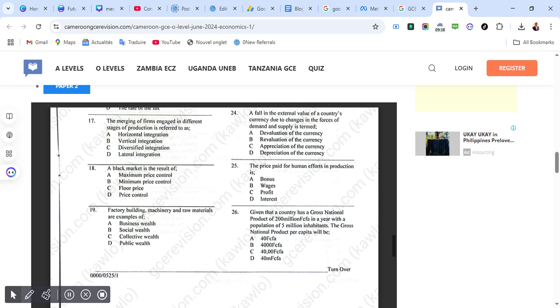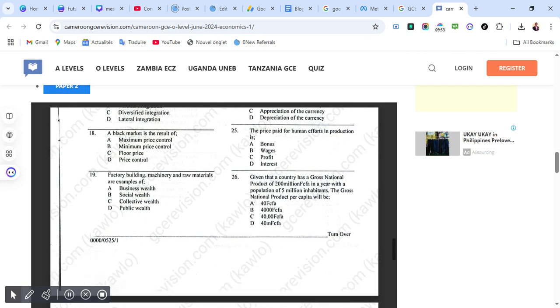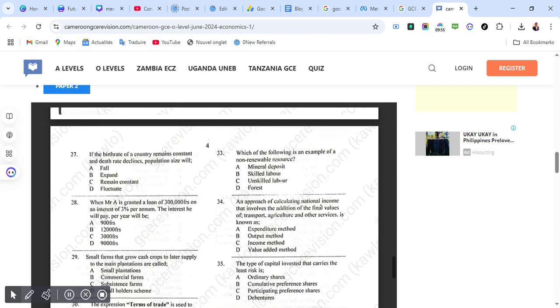Okay, given that a country has a gross national product of 200 million in a year with a population of 5 million inhabitants, the gross national product per capita will be, the correct answer for 26 is A, which is 40 francs. If the birth rate of a country remains constant and the death rate declines, population size will, correct answer is B,